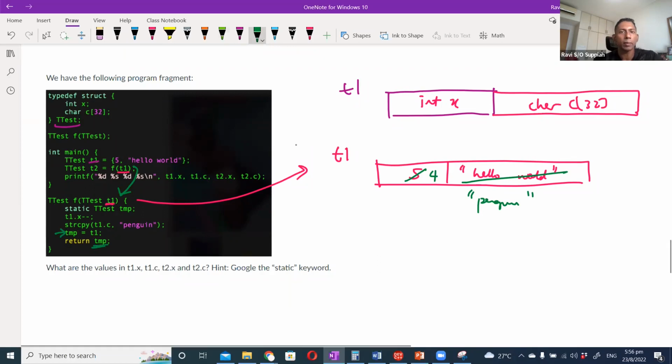So when I return it, what happens? When I return it, it goes into t2. So I'm returning, just like how I can return a normal variable, I can also return a structure. So now t2 is getting the value based on whatever was done in the function f. So when I print out t2,